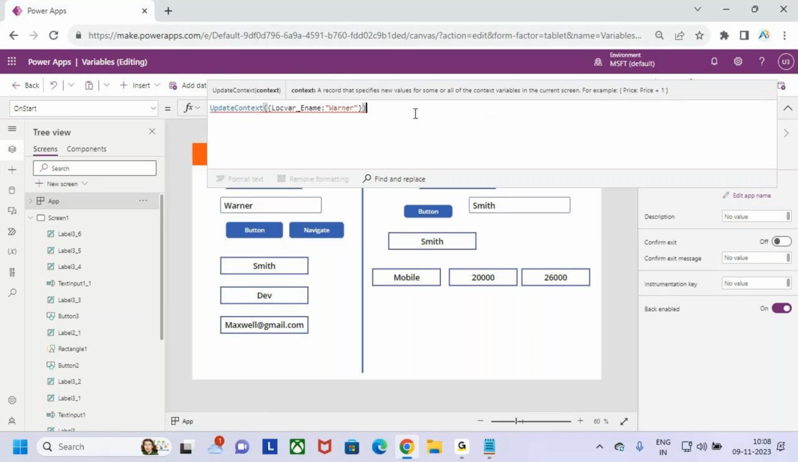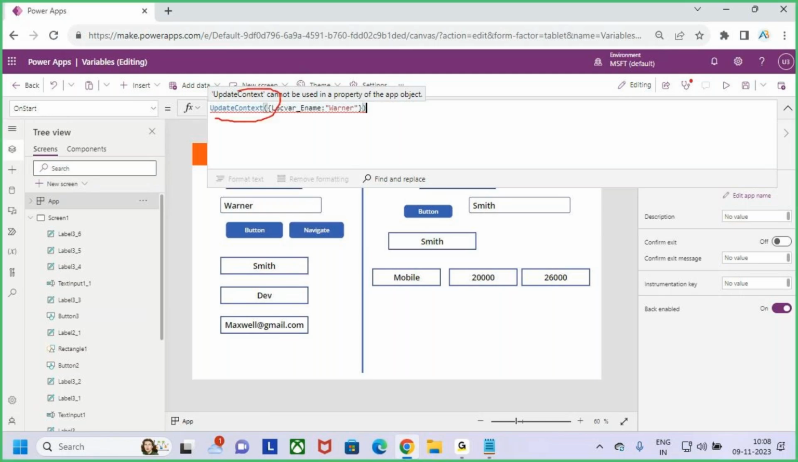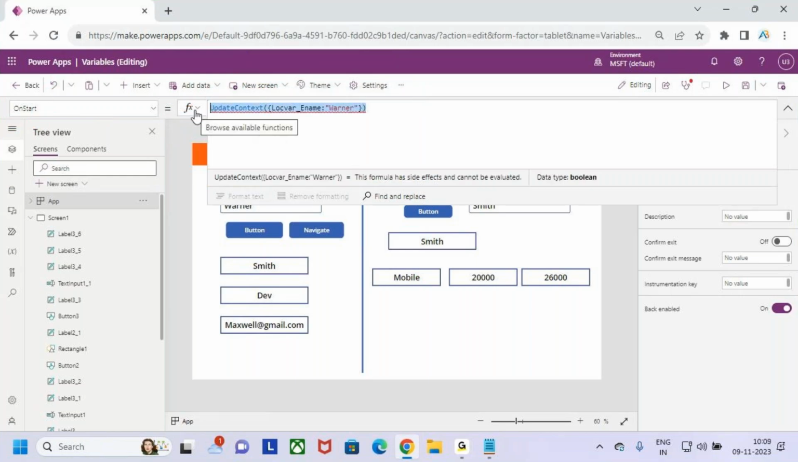Now see, if I declare a variable, it is throwing an error. What is that error? UpdateContext cannot be used in the property of the App object. We are not able to declare local variables on the on start. Why? Because whatever variables you declare on the on start, you need to make use of those variables in all the screens. But local variables cannot be used on all the screens. So that is the reason why we are not able to declare the local variables on the on start of the app. But if you want to declare global variables, Set